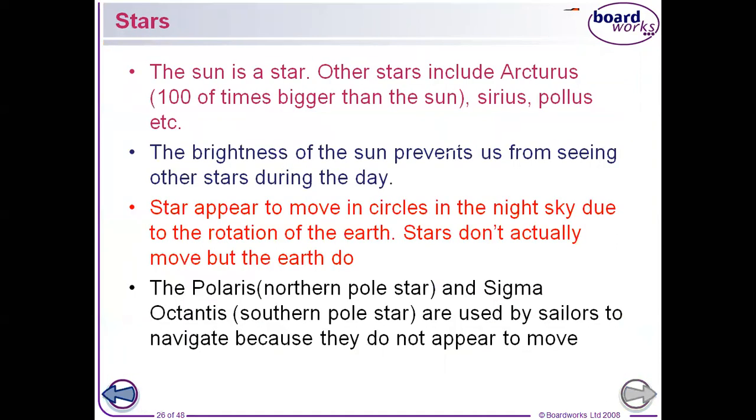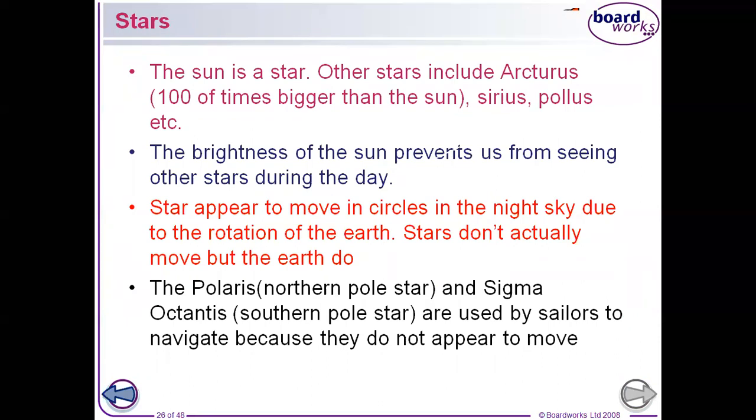Stars. Now, in this section, we're going to look at stars, understand stars, and briefly look at constellation, and then move ahead. The stars. Now, we know that a star is one of the objects we see in the night sky. That's when you go out. But